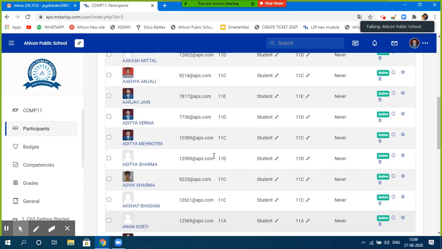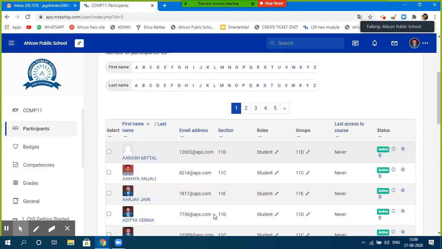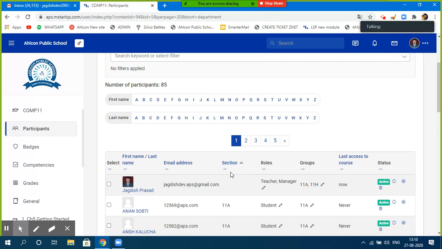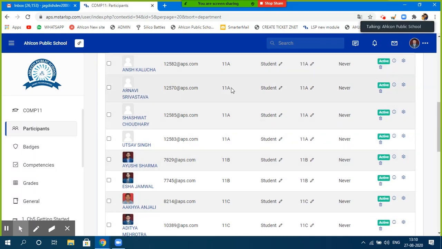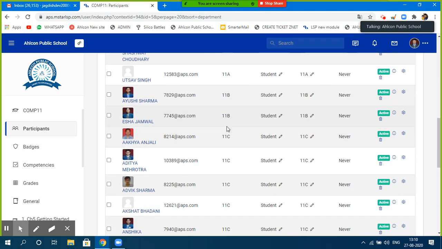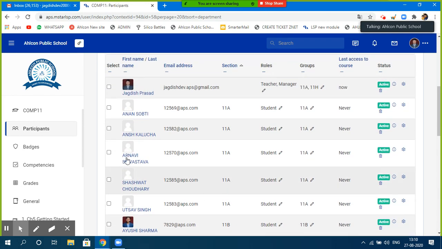You can sort the entire information of the students by the name of the class also. Let's say I just want to sort the information of the students based on the sections, because I want to scroll down through A, B, C, and so on. So I'll simply click on section, and it will display the information based on the section only. 11th A, then 11B, and so on, right? Automatically the names will be displayed according to the sections.